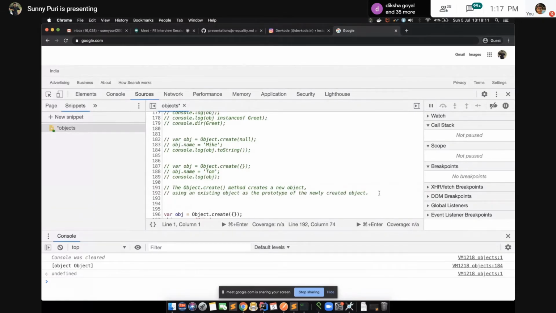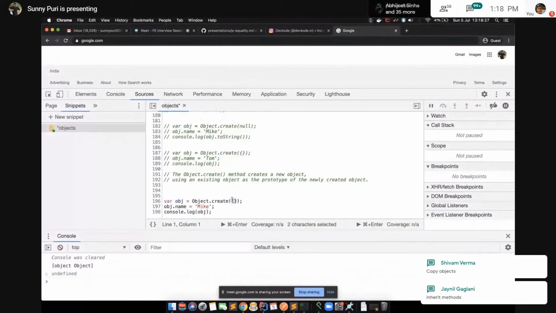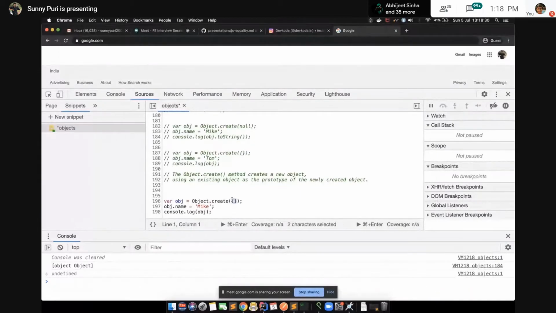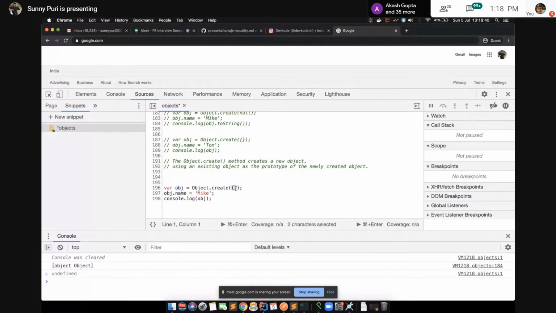What do you mean by this? We have object literals, we have new. Then why do we need Object.create? What is the added advantage of this? The advantage is whatever you pass here will be added as a prototype, as inherited methods. Yes, Jen, nice. So it will be added as an inherited property. What is the meaning of that? Object.prototype, it inherits these things.